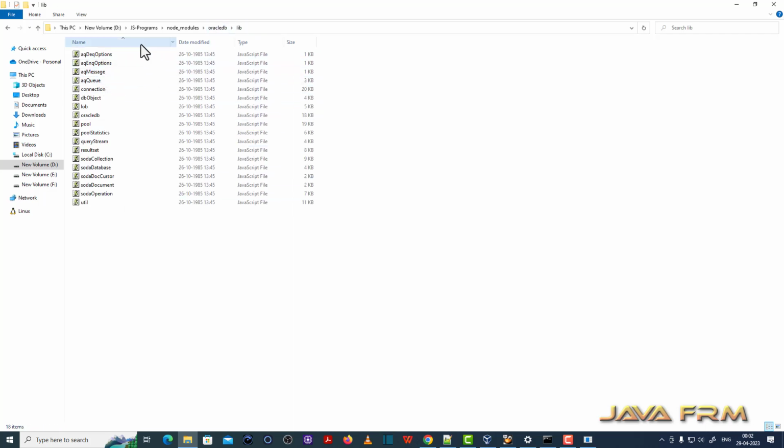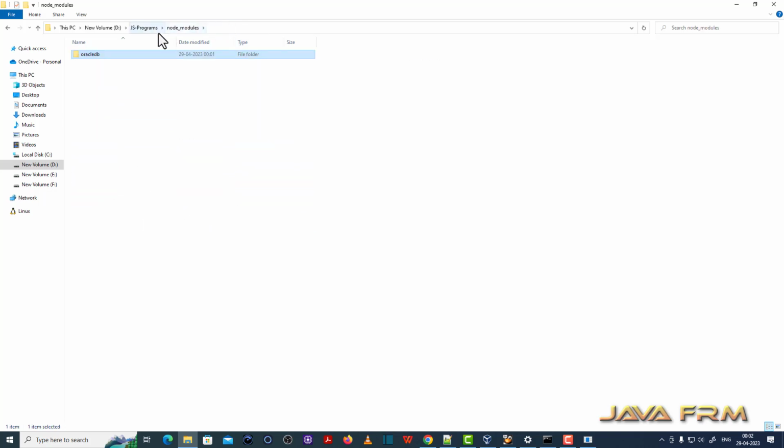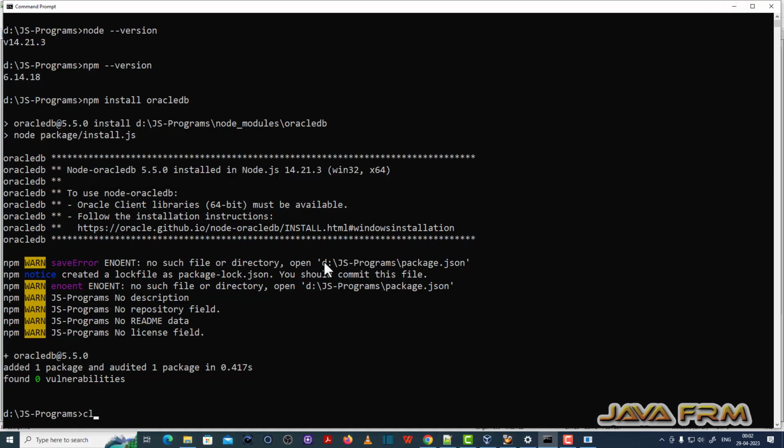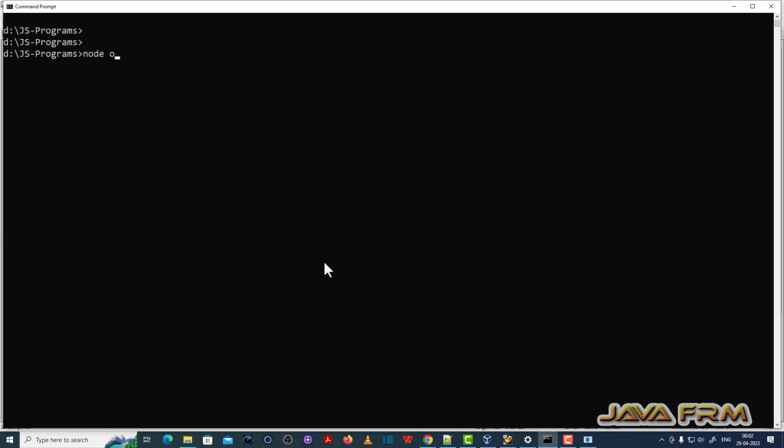Wherever you have the JavaScript program, in that directory you need to download the packages. The JS program directory is where I have the Oracle program, so in that directory I need to download the package. Okay, now I am going to run the